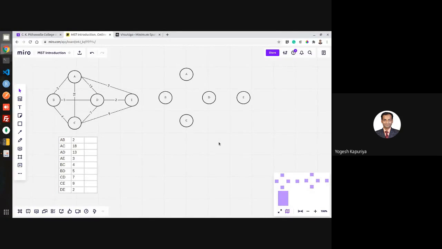Similar to the previous algorithm, it starts with no vertices connected.